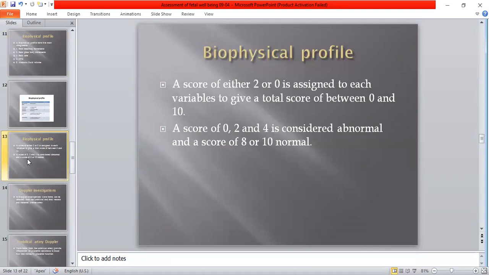Also, the biophysical profile is used as a parameter for the assessment of fetal well-being, but its role is limited for many reasons. One is that the biophysical profile is time consuming, because the fetus spends almost 30% of its time asleep. During that time, fetal breathing movement and tone are difficult to see. So if we are performing a biophysical profile, it should be done for at least 30 minutes to exclude this physiological cause of a poor score.